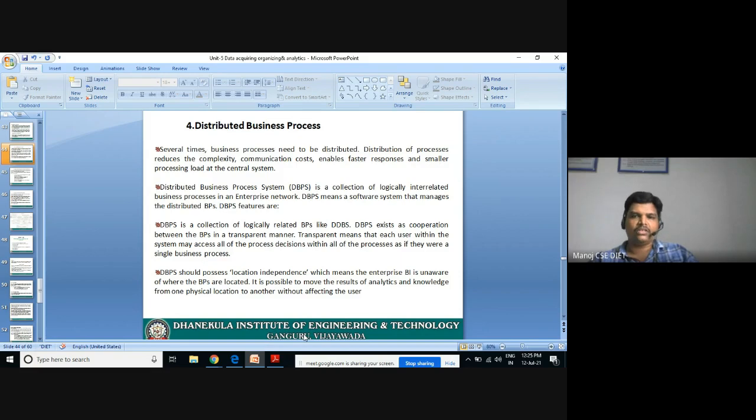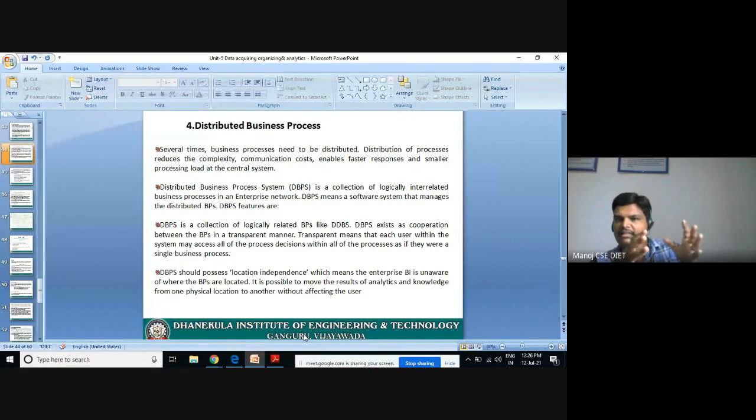So here business or enterprise or trading, everything is supported with IoT. Am I right? So there are several issues there. We need to distribute our tasks or activities a number of times. Several times it is required to distribute. Distribution is required here in order to reduce the complexity, in order to reduce the various types of loads on our central system, or to simplify our task.